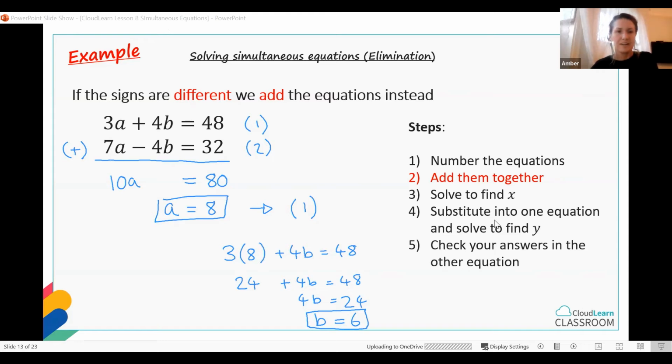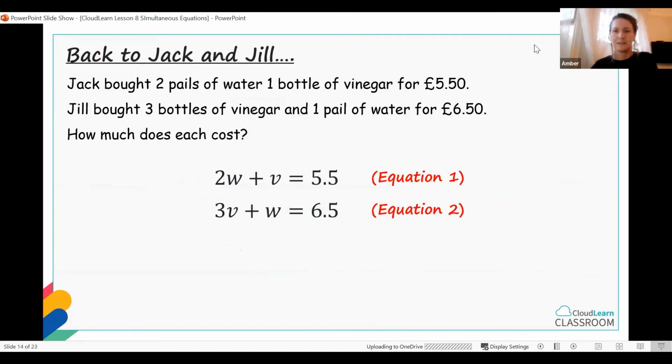And I think we're ready to move on to, go back to Jack and Jill, because I want to just discuss the next thing. So going back to that problem that we were looking at, in this problem, we had these two equations. Equation 1 was 2w plus v is 5.5, and equation 2 is 3v plus w is 6.5. And what you'll notice here is that we don't have that situation where we have a w with the same number in front or a v with the same number in front, okay? We have 2w and 1w, 1v and 3v. So because we don't have that,